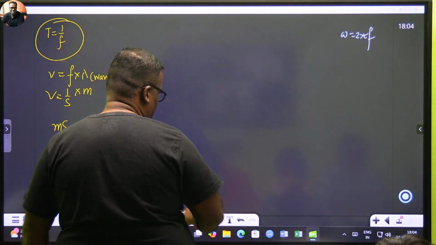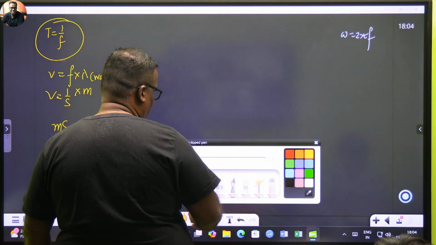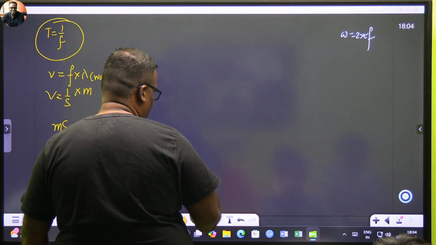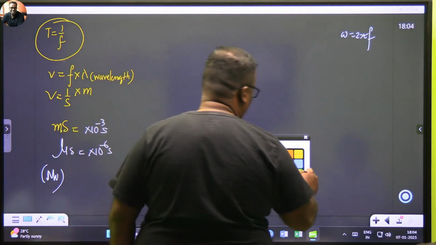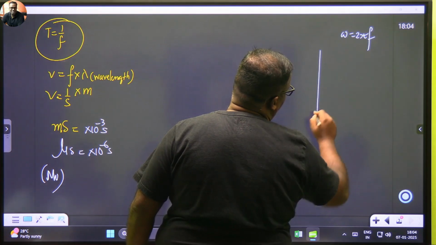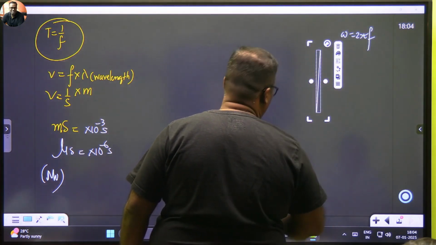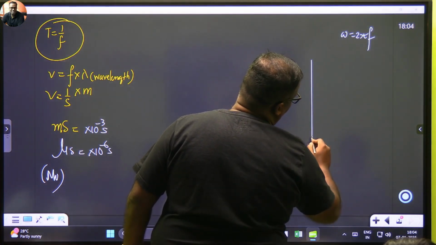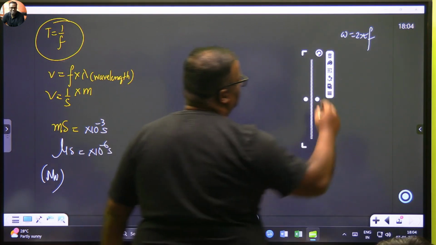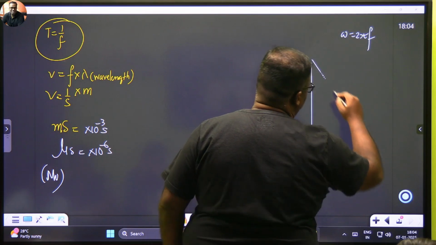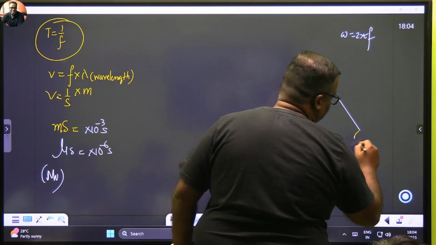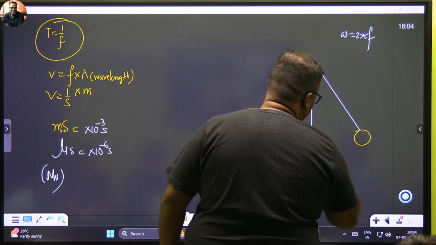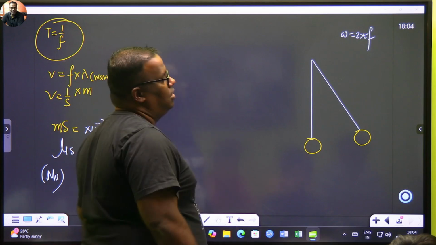Just for your knowledge, if you want to absorb it, do it; if you don't want to, don't. There's no hurry on that, but it's up to you. See, this is your pendulum, right? This is my pendulum's central position. Agreed? And then the pendulum swings and goes where? Here, okay? Here, like this, and like this, right?